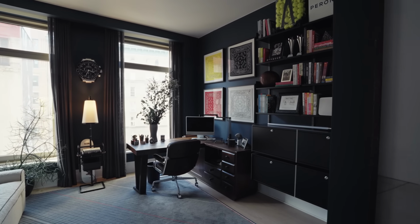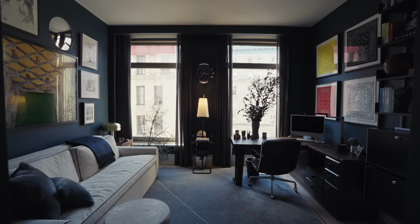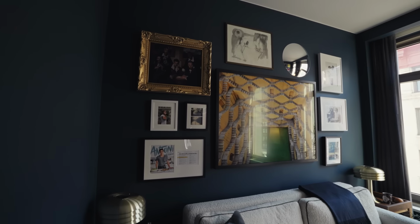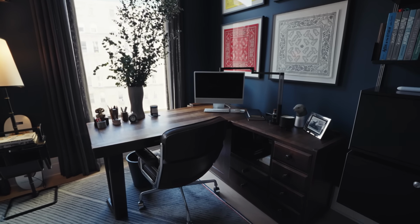So, the den is basically a multi-purpose room that's used as my office. It's where I take my therapy sessions, I do all my Zooms, and it's also a guest room for when guests come. The rest of the apartment is very light colored. There's a lot of lime plaster. I wanted this to just feel dark and masculine and library-ish, and so it all started with the rug,